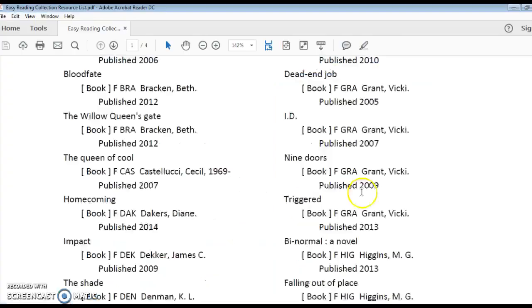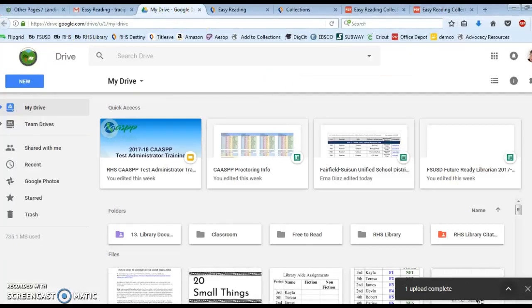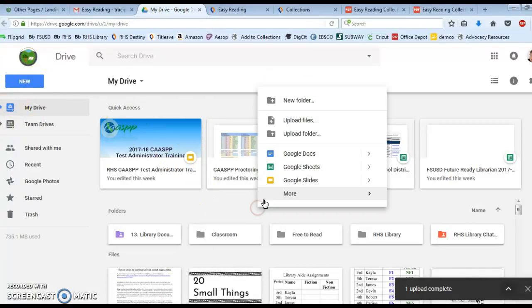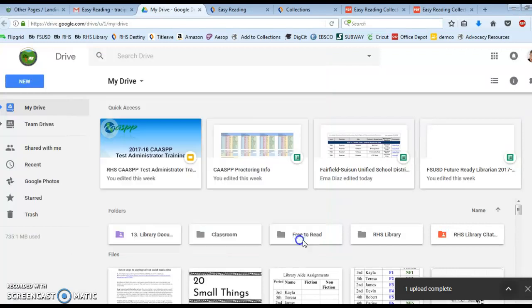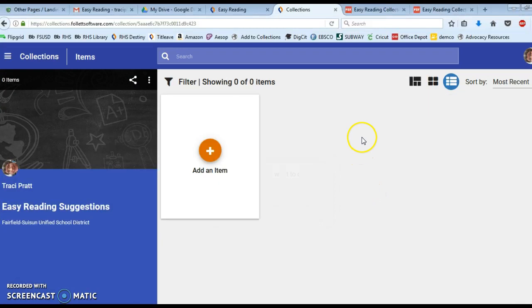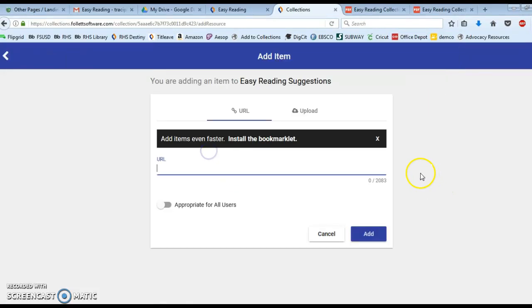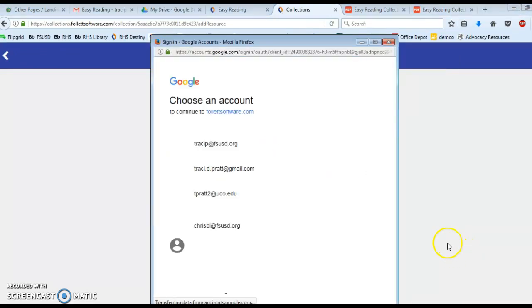Once I have my PDF version of my easy reading list, I go to Google Drive and upload my easy reading PDF there. Once that's in there, when I go to my collection, hold on, let's delete this. Now I'm going to add an item and I'm going to upload. I'm going to go to Google Drive